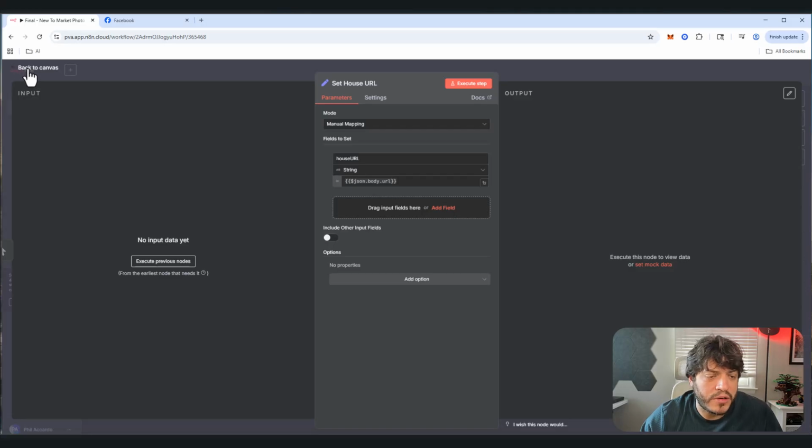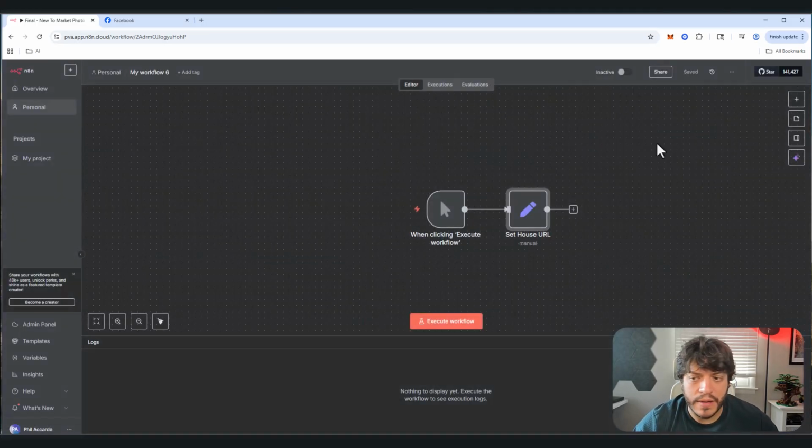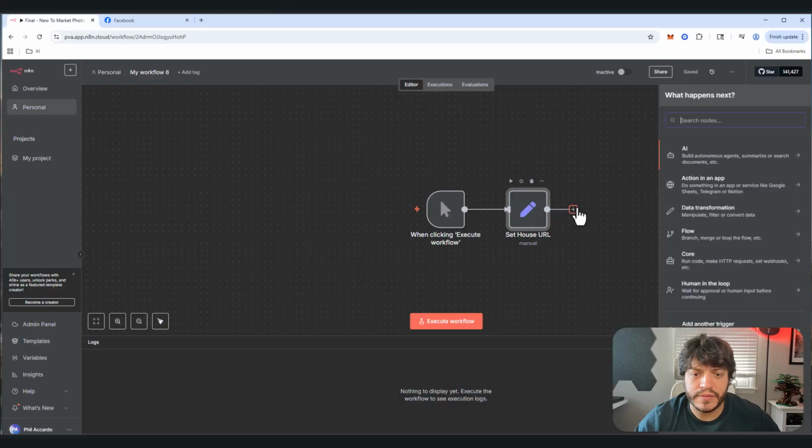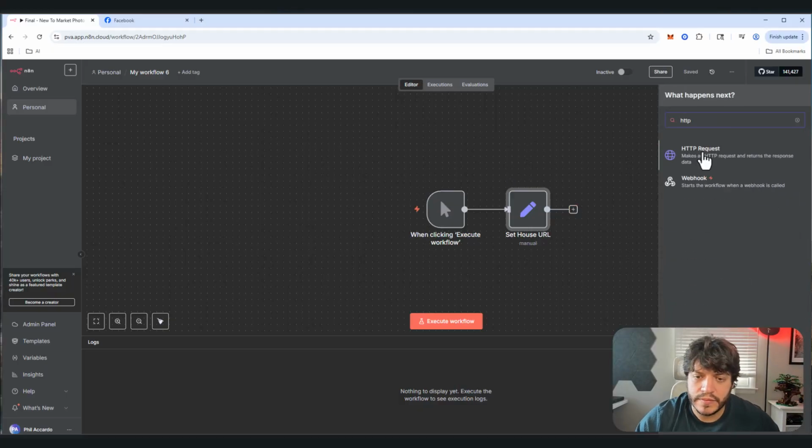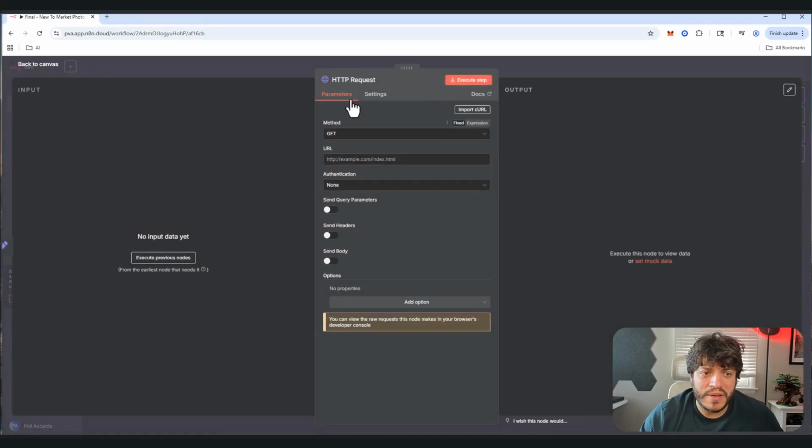So set your house URL, and again, you've got to send the URL to this node first. However you send your data there is up to you. We can do this one-on-one and talk about it if you like. So from there, we want to create an HTTP request. And this is going to be the Zillow scraper node. Scrape